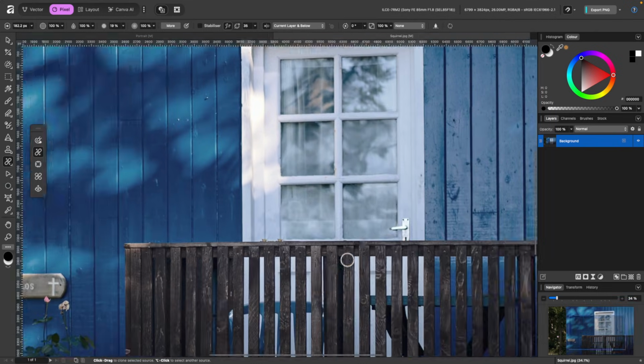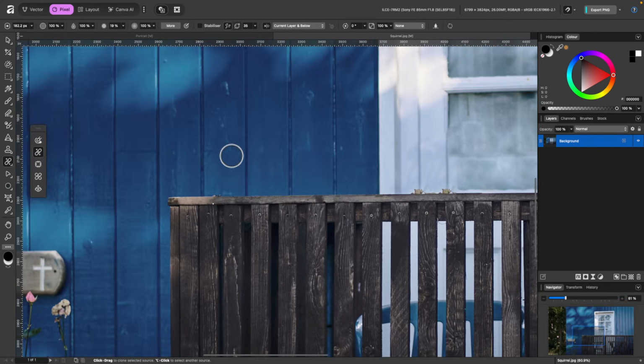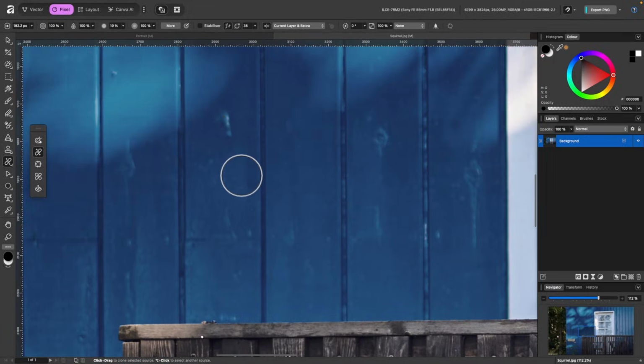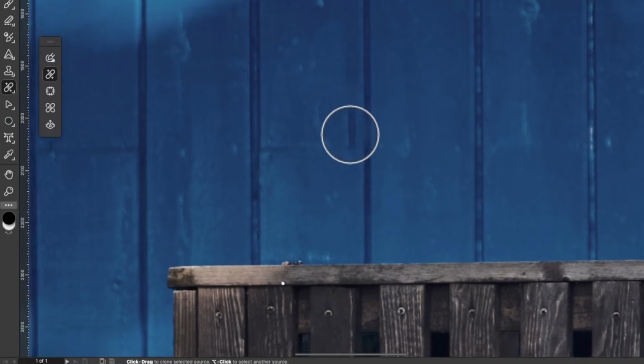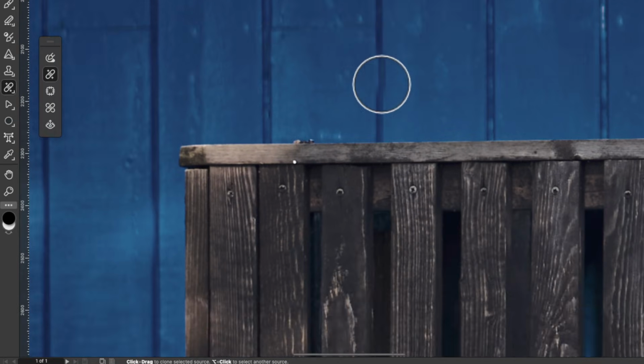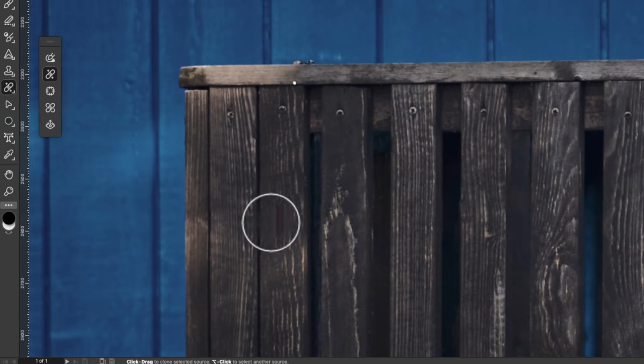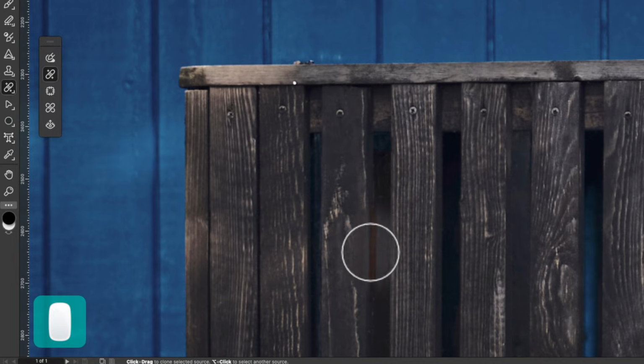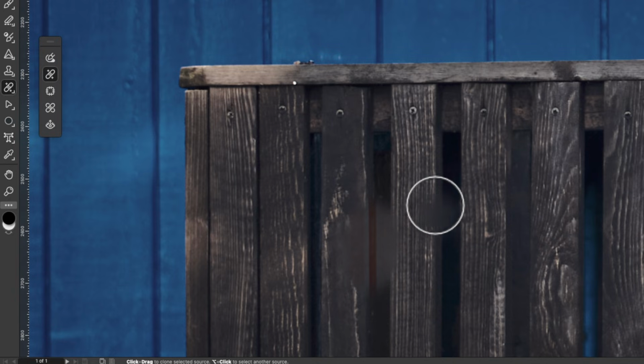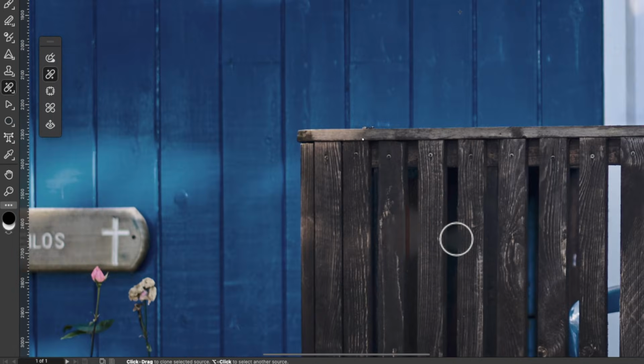So let me show you what I mean by it kind of adapts to the color. So up here, I'll just click and take a sample from here using that Option or Alt button. And you see it's all blue right now, but as I hover over the brown, you see it kind of changes to a brown color. So I could just place it here and start painting there. So it seems to kind of match the color of wherever you're going to paint it. So that might not be a great example here, but it's just to show you that it does try to match the color.